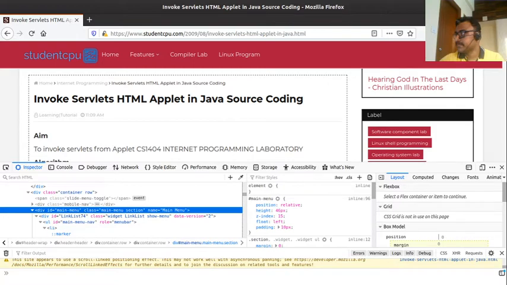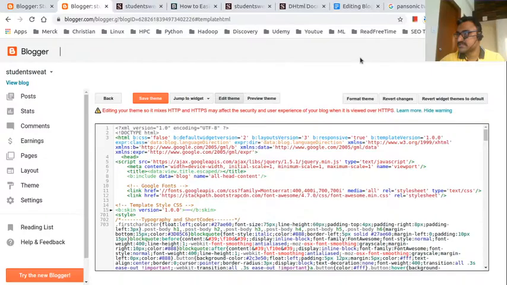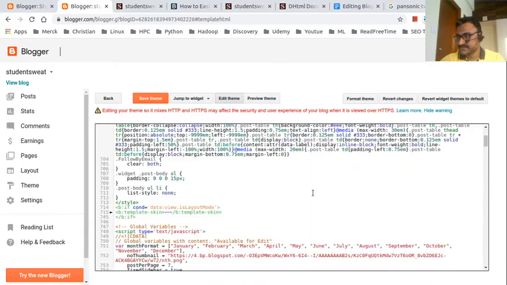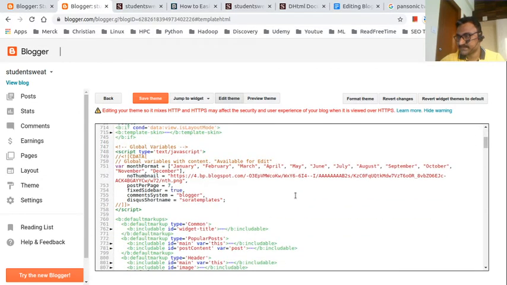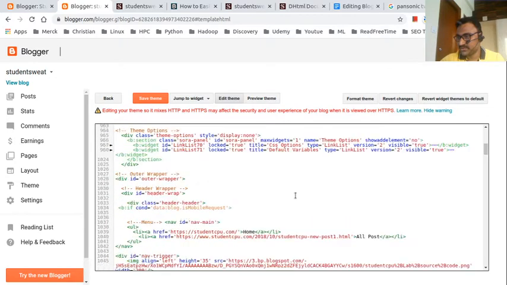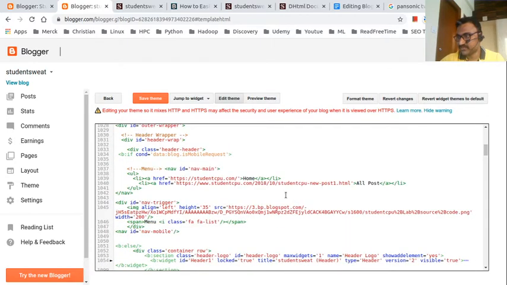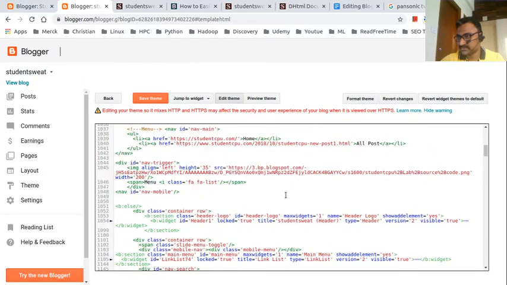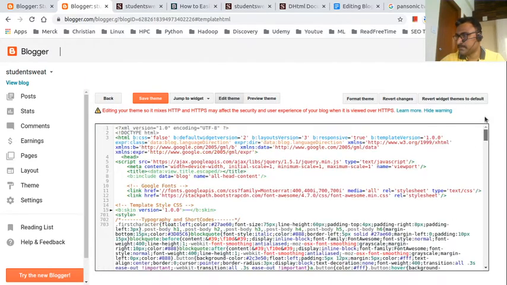I will show this in the code here. Please have a look at this. This is a header tag. After the header tag it will start.